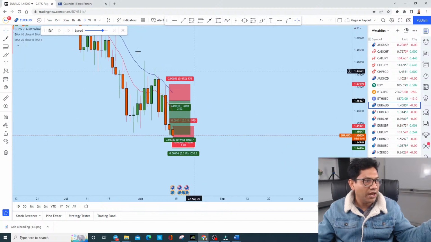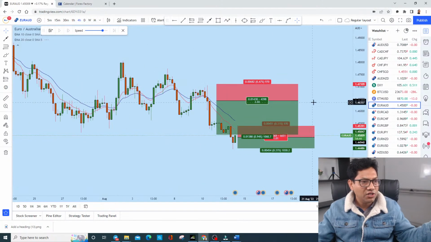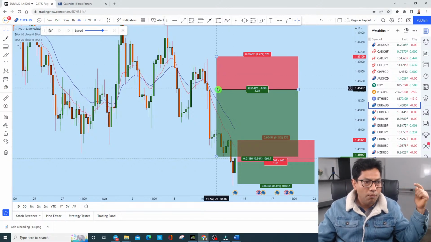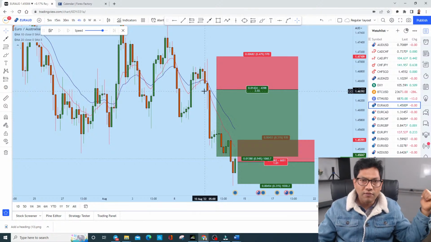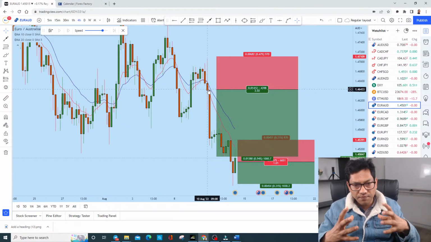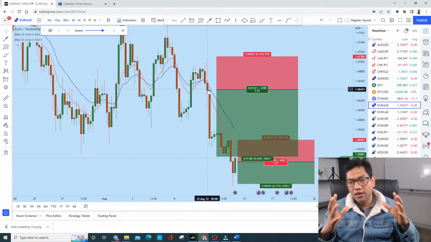Okay, it's a huge trade, and we have taken that advantage with our VIP students. And also during the live stream, I have mentioned this. If you go back to this date and review that live stream, you can see that when this formed, I didn't give exact entry, stop loss and take profit, but I said that from this candle the price is likely to drop.